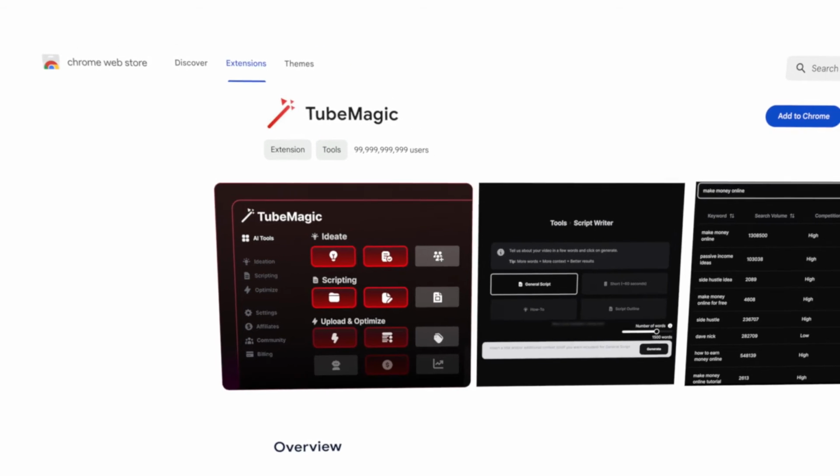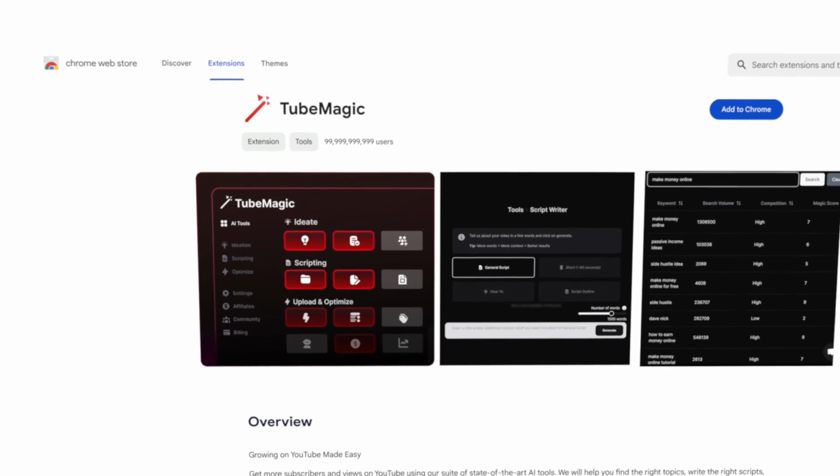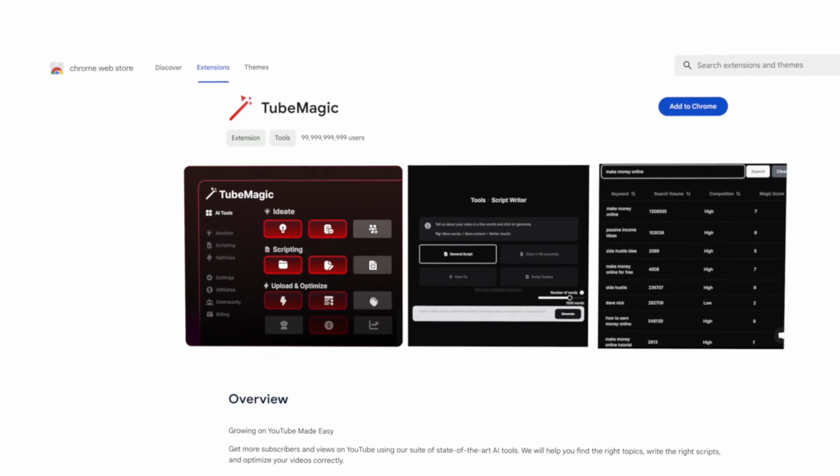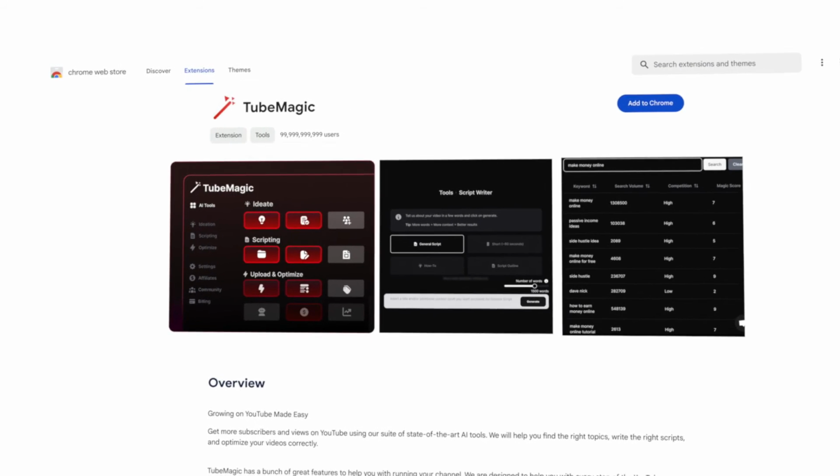It would also be super helpful if you could connect your YouTube channel to TubeMagic and get an in-depth analytics viewer, so you can look at all the things that the basic YouTube Studio doesn't show you. By making TubeMagic an extension, the amount of usefulness that it could contribute would absolutely skyrocket. It would be the best tool on the internet.